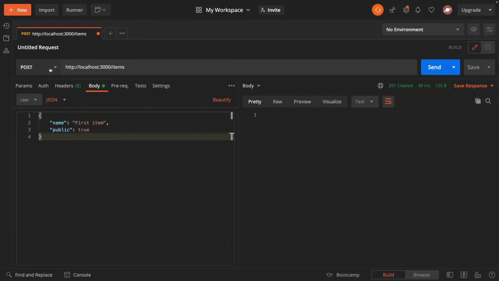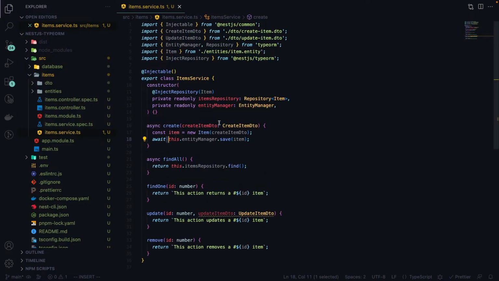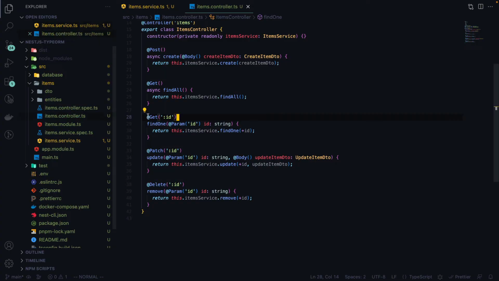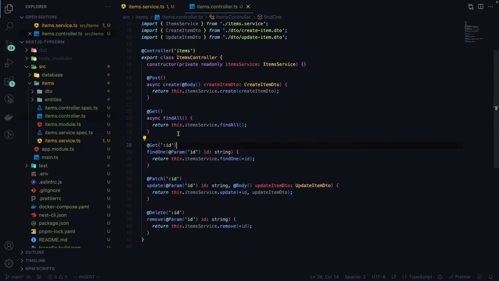Back in Postman, we can launch a GET request at localhost:3000/items. And if we send this off, we can see we get an array of all of the current items. So we can even create another one by sending a different POST request and saying second item as the name. Send this off to create the item. So let's keep on going, and back in our items.controller, we'll move on to the next route, which will be